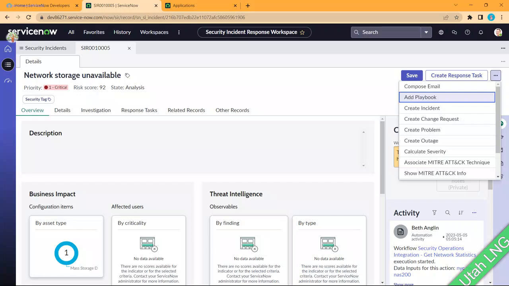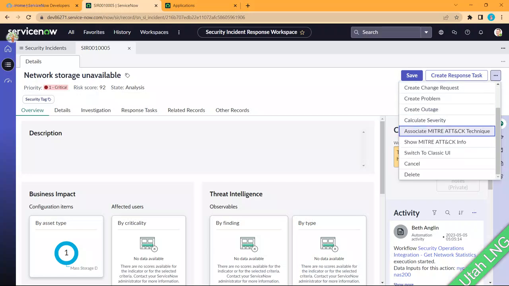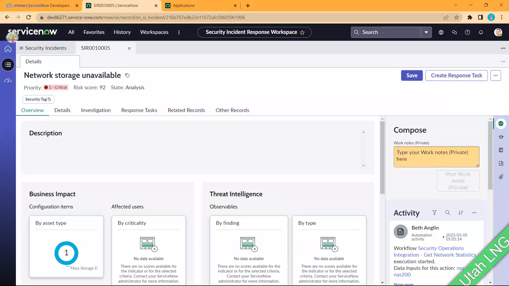agent. I'll not say that agent. Let's use the right word, the security agent here. Want to do that part. Create incident, change request, problem, severity, and all the things will be here itself. In the second part, you can see the security tags. We are going to discuss how these tags work and what the purpose of these tags is